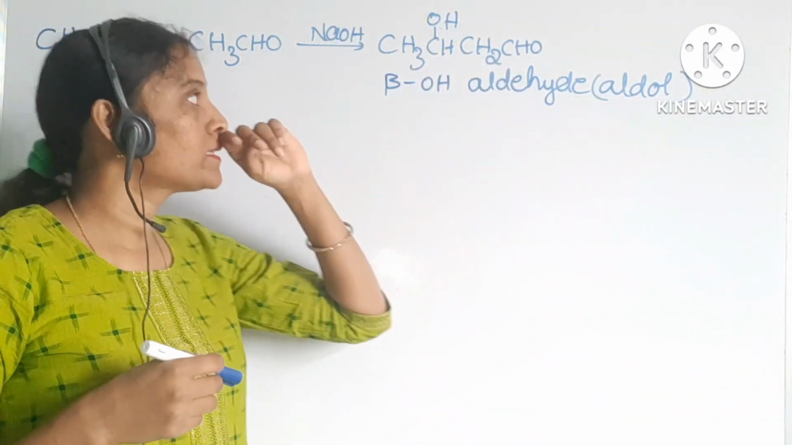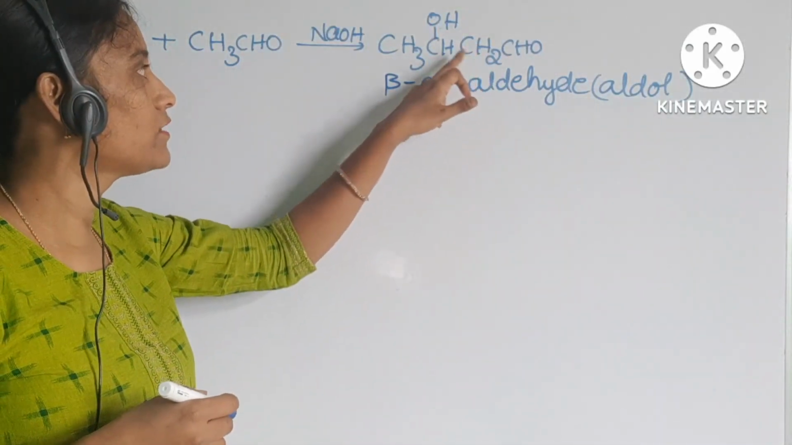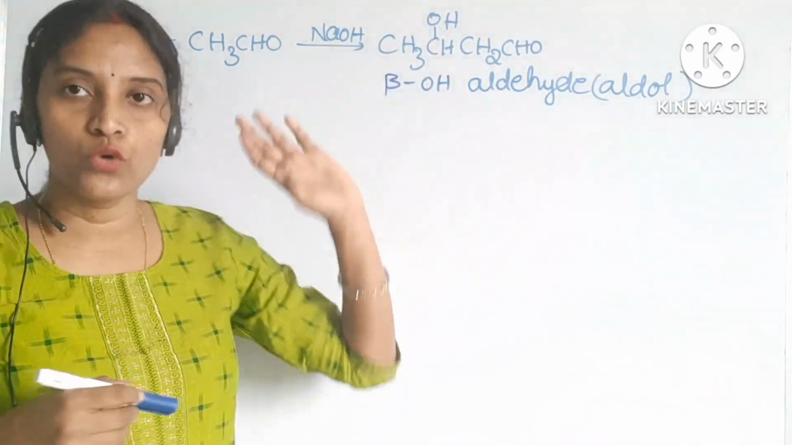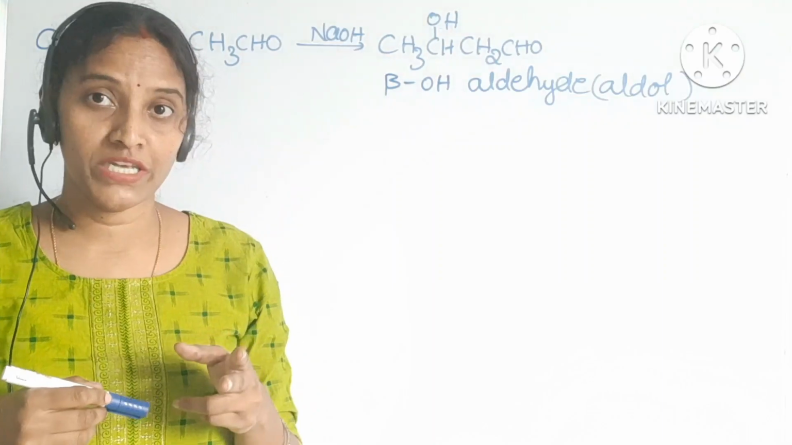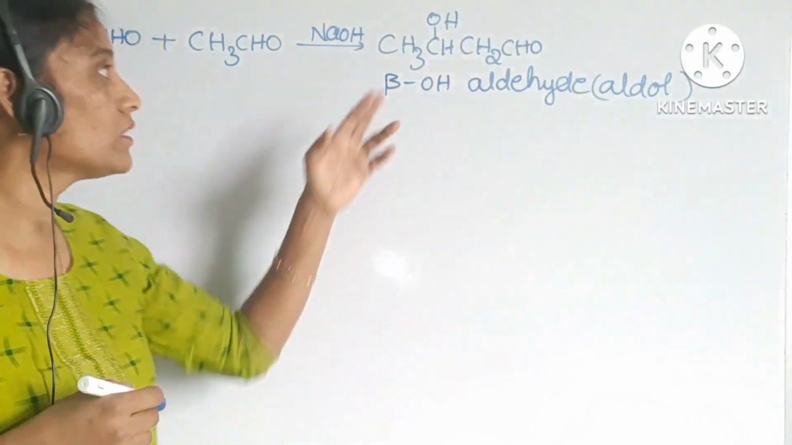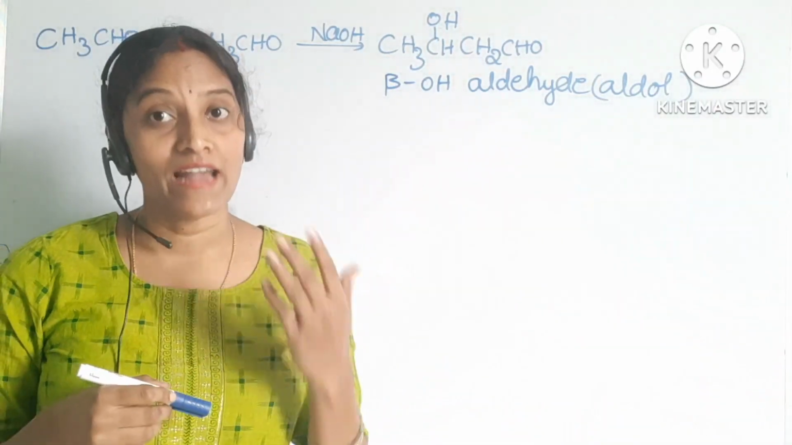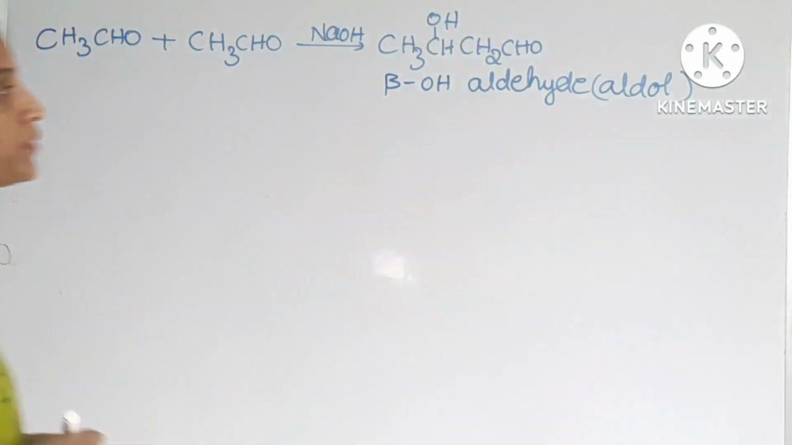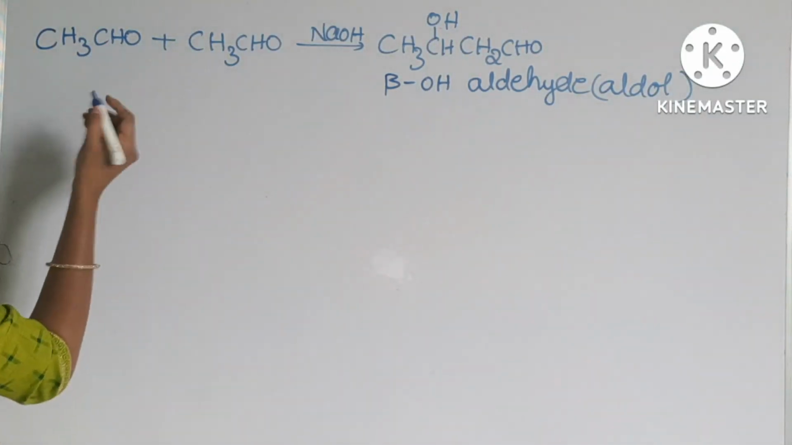What is its IUPAC nomenclature? See, meth, eth, prop, but. 4 carbons are there. At third place, hydroxy functional group is there. So that 3-hydroxy butanal is its IUPAC nomenclature name. Okay. Next one,